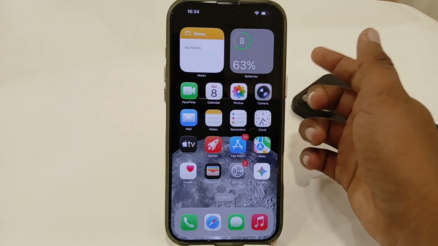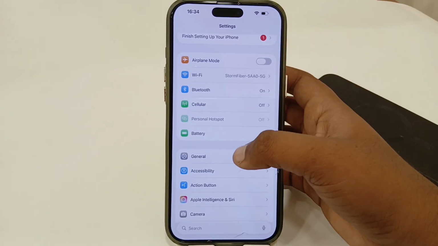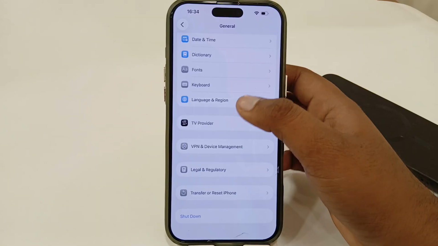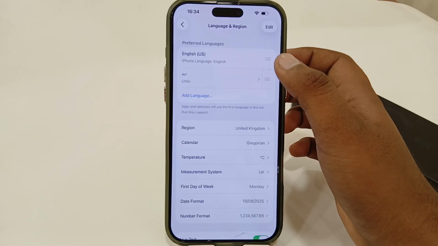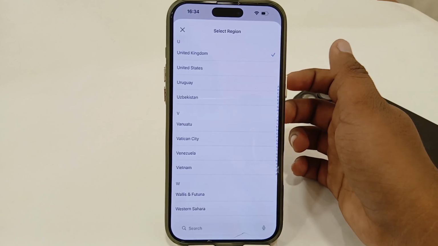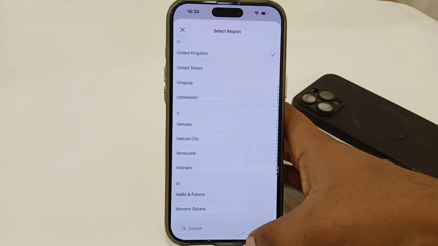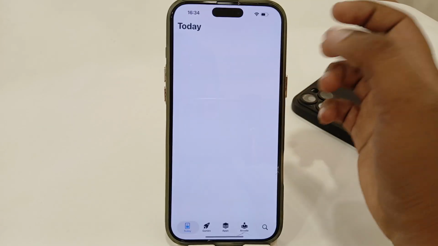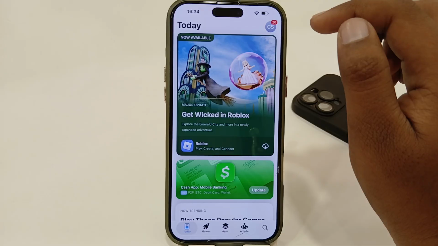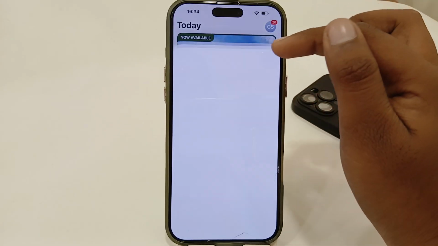And after that, go back from here, or you can make more settings. Open your General, go to Language and Region option, and select the region or country in which you are living. Once you have selected, go back, open your App Store, tap on the profile option in the top right corner, select your account,